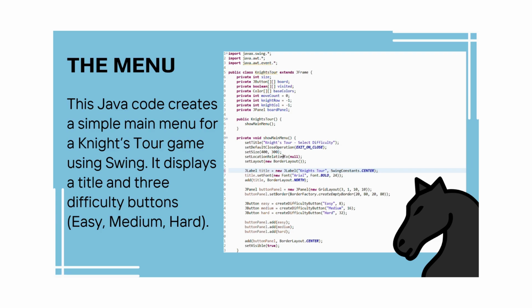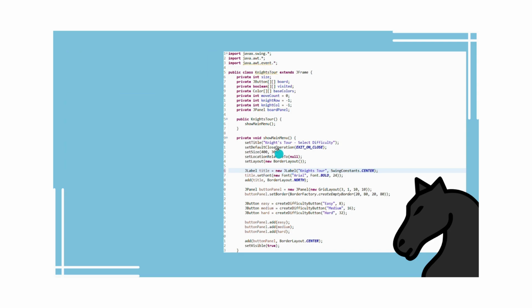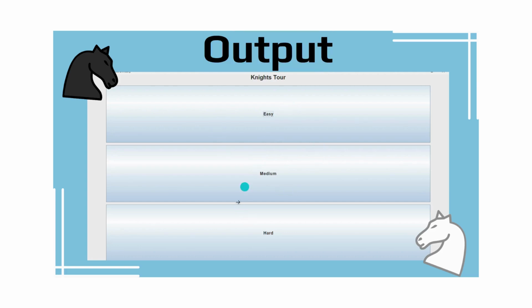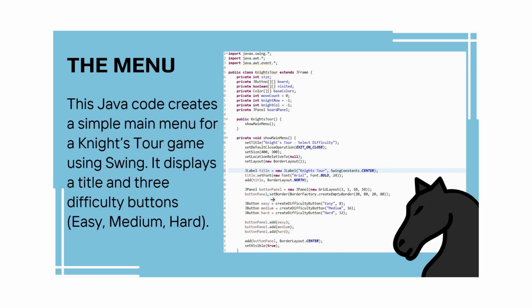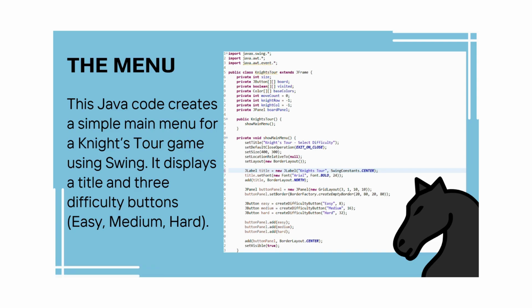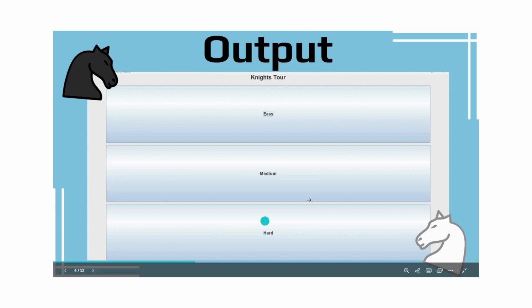This one is the code for the main menu. The JLabel, or the title Night Store, shows this one, which is the title. As for the JButtons, which are the easy, medium, and hard, they are the buttons where you can choose your difficulty. There's also the JPanel, which is used for the panel, the size, the location relative, and the layout. The button panel makes the buttons clickable, which makes it possible for the user or the player to click them. So overall, these are the output.